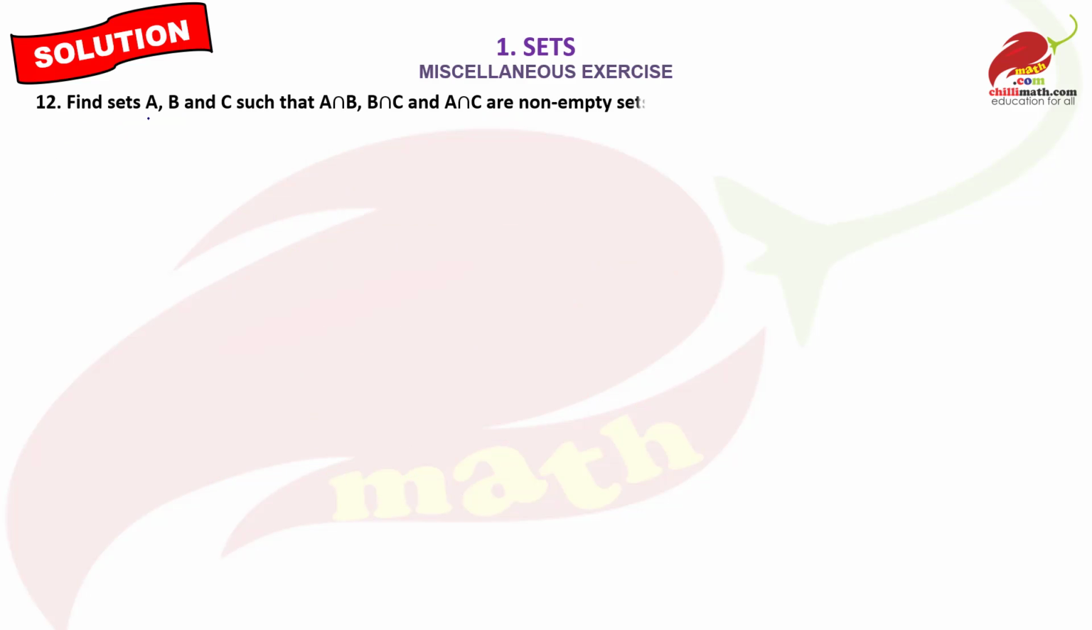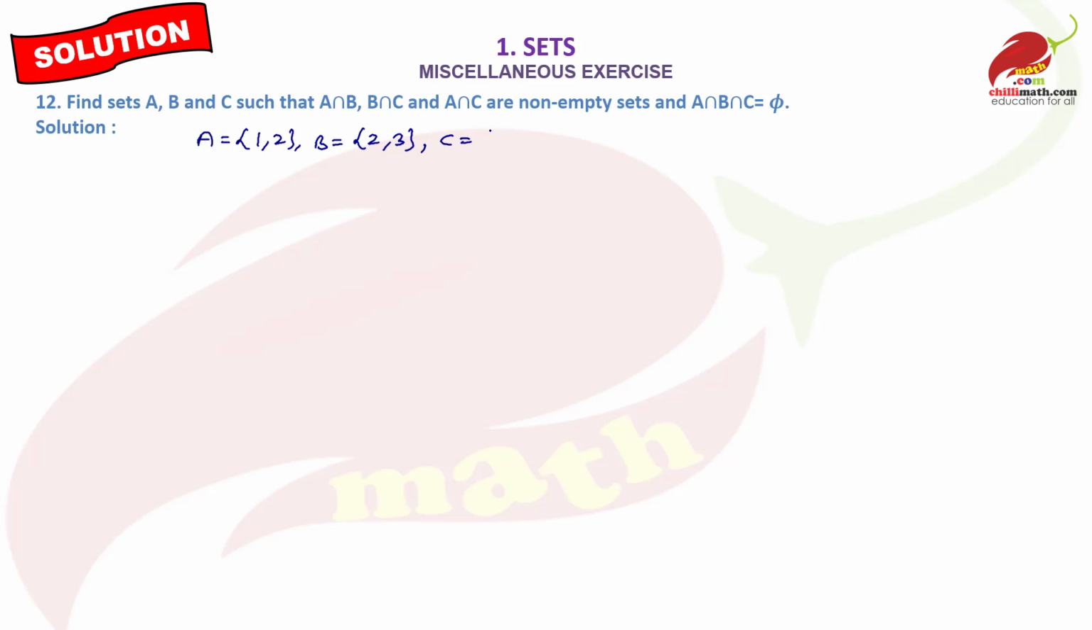12th question is, find sets A, B, C such that A intersection B, B intersection C and A intersection C are non-empty sets and A intersection B intersection C is equal to phi. So let us solve this by using an example. Let A is equal to {1, 2}, B is equal to {2, 3} such that A intersection B is non-empty set,